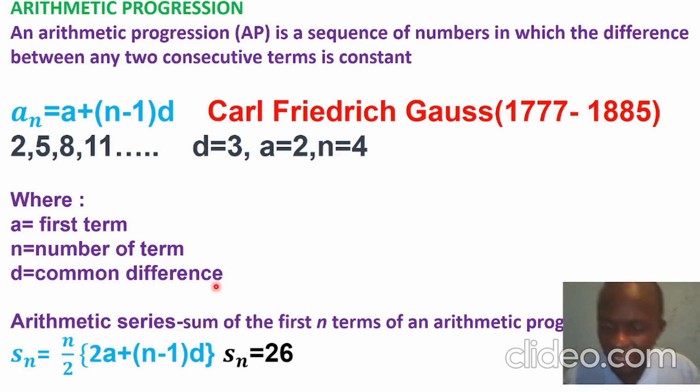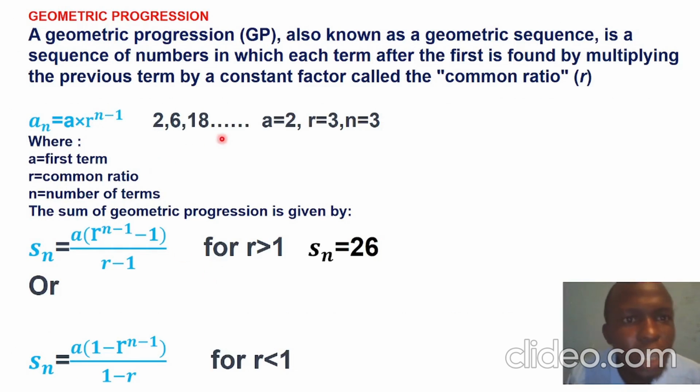So let us go to the next part, that is the geometric progression. What is geometric progression? Geometric progression is also known as a geometric sequence. It's a sequence of numbers in which each term after the first is found by multiplying the previous term by a constant factor